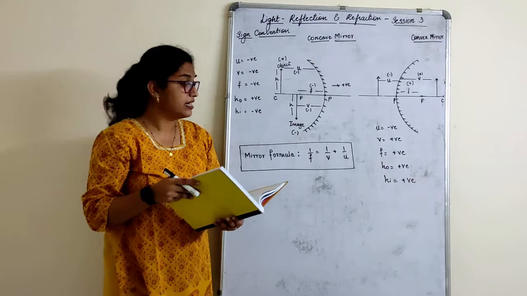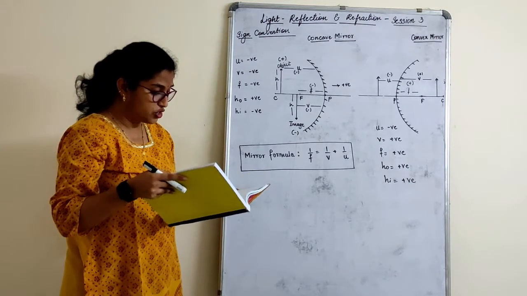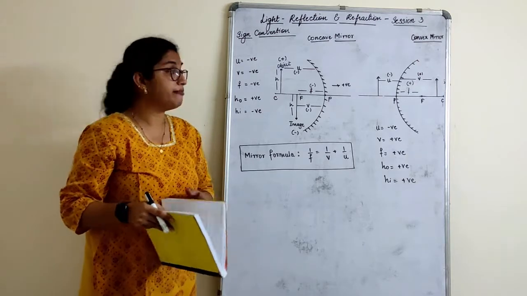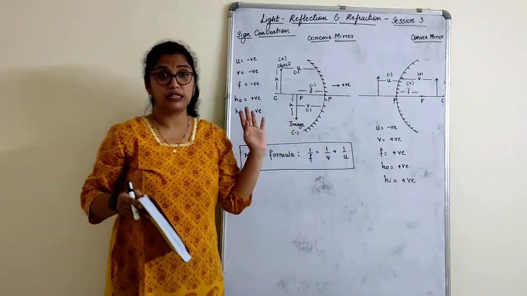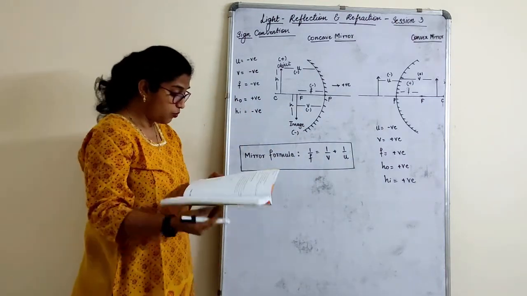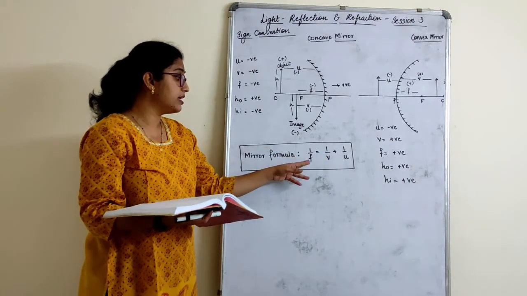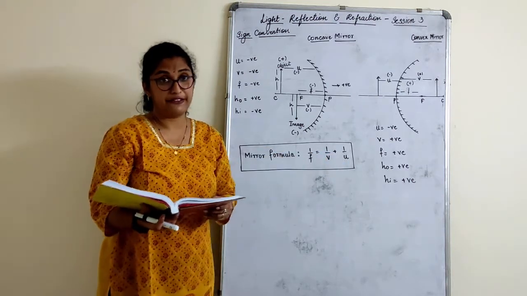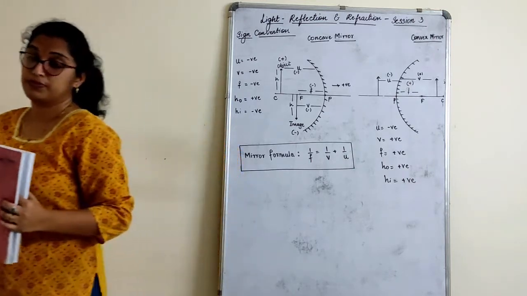Did you understand this? See, in the book I have only given it for concave. Convex I have not mentioned, but only about the focal length I have mentioned. You can as well mark this. So it becomes very easy for you to understand. So this is very clear. And the mirror formula, where v is the image distance, u is the object distance, and f is the focal length given. So next we'll understand what is magnification.